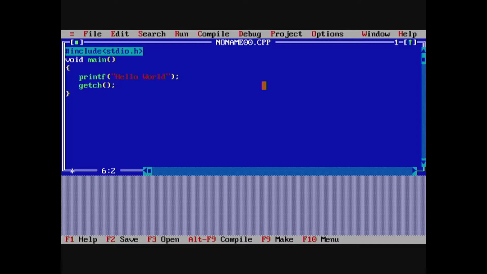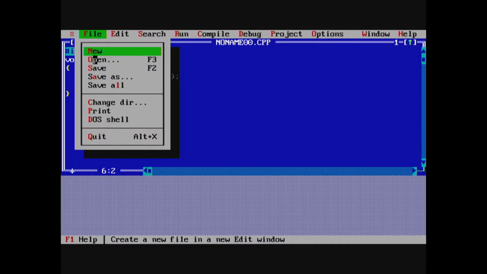You just type the hello world program: hash include stdio.h, void main, within curly braces, printf within parentheses, hello world, semicolon, getch, parentheses, semicolon, and close the curly brace.